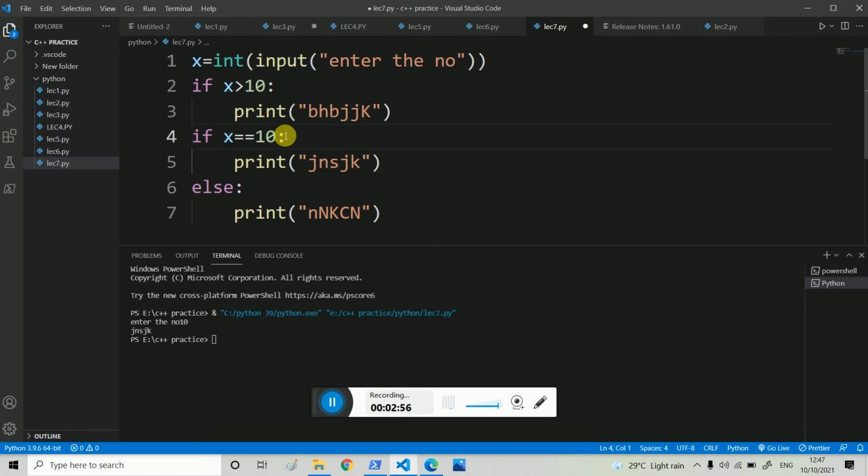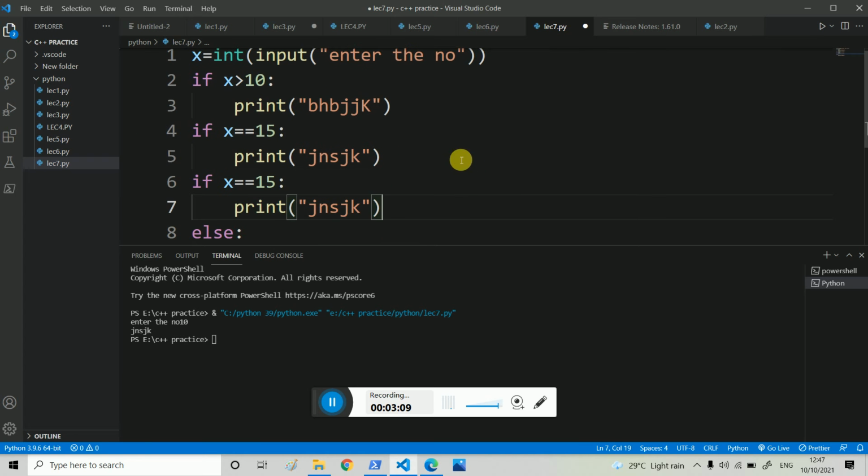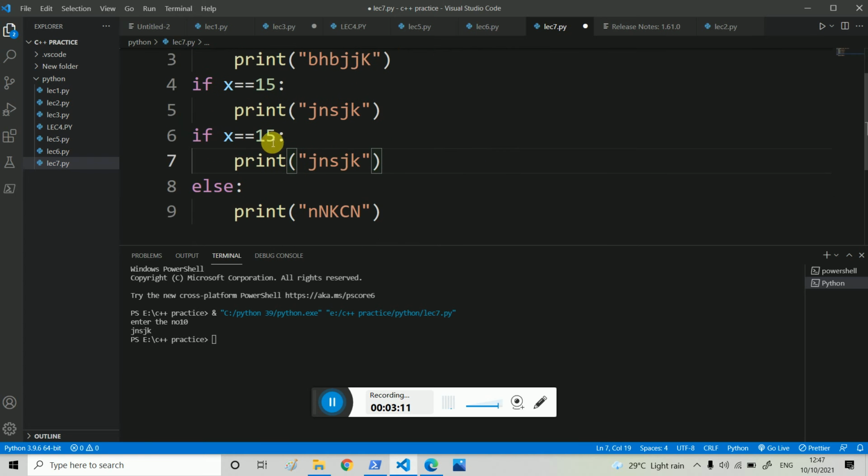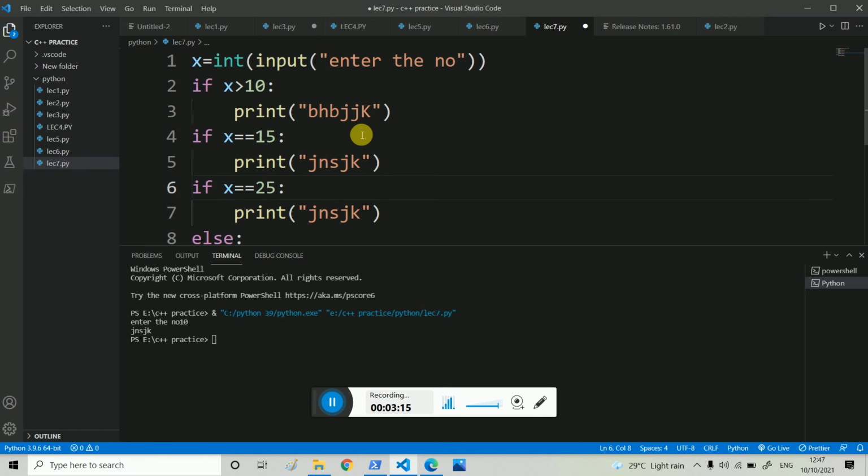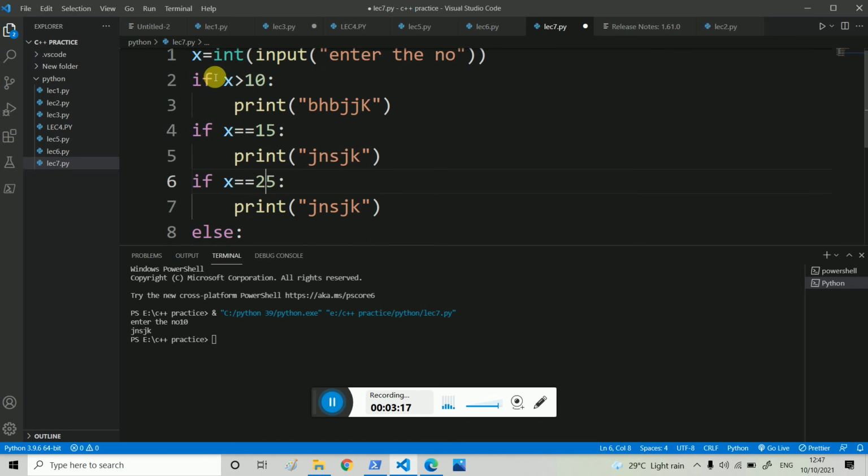Here I write 15. So here I write a number and you have to take care about that. In the last case, only one will work and it will execute the program.